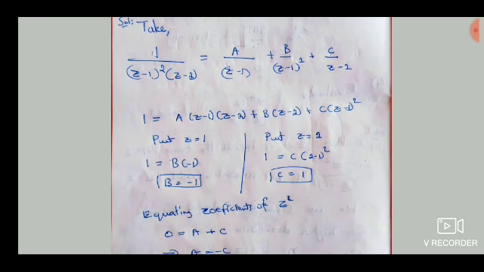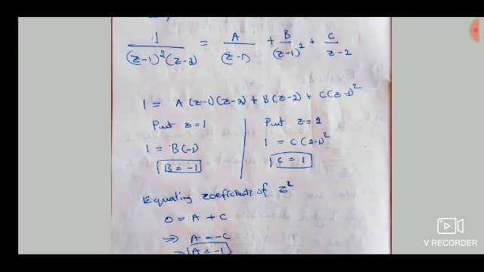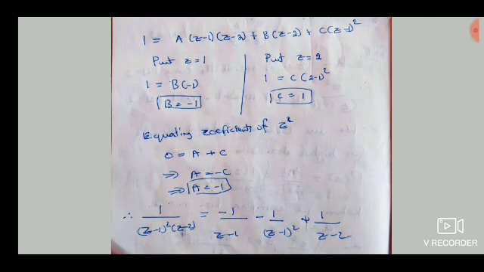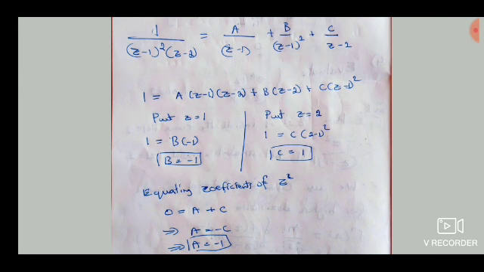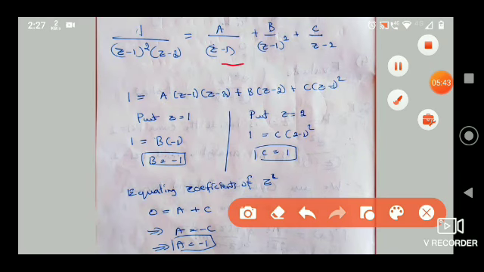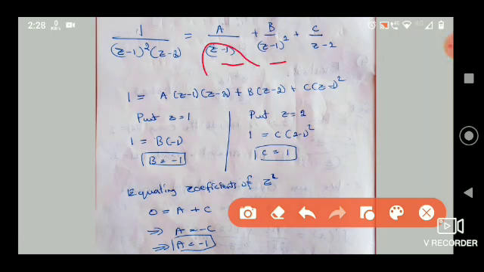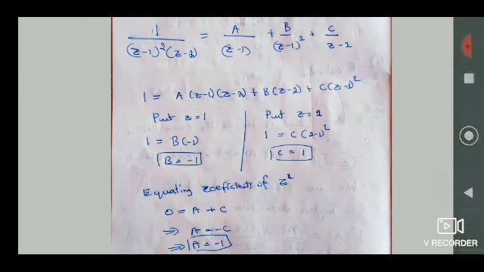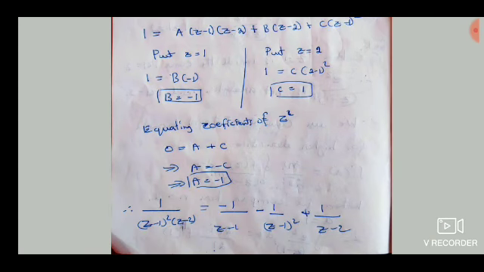So multiply by z minus 1 whole square into z minus 2 and you will get this equation, and put z is equal to 1 and find the value of b, put z is equal to 2, find the value of c. Usually we put z is equal to 1, z is equal to 2 and whatever else. But here if you see, both the remaining terms are z is equal to 1 only. In one place you have just z minus 1 and here you have z minus 1 whole square. So how to find the value of a? To find it, we'll start